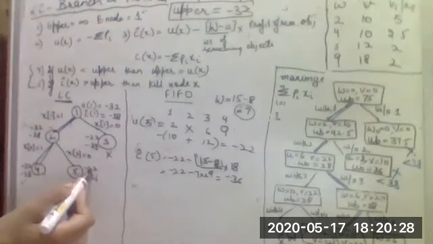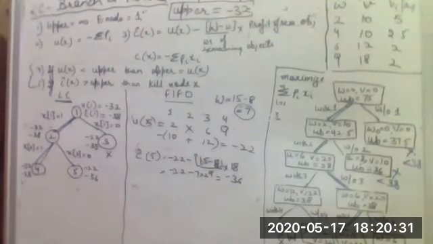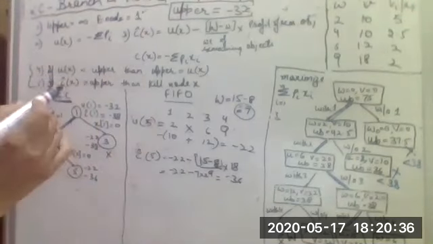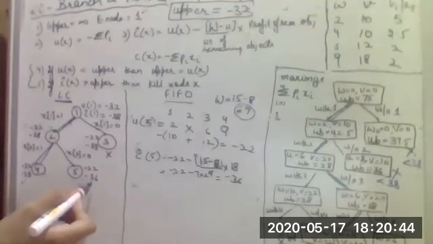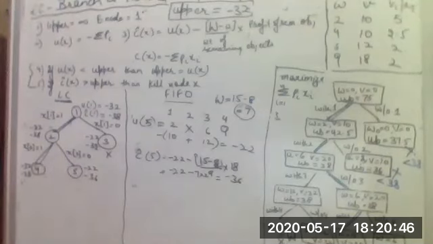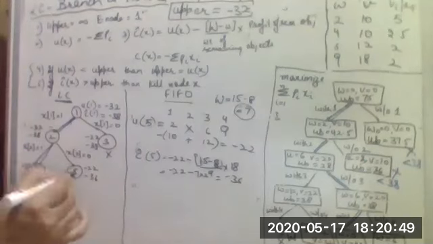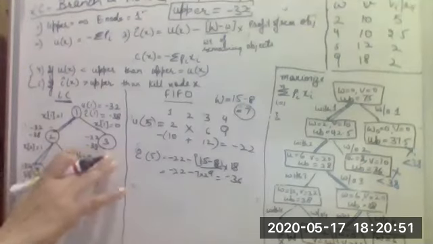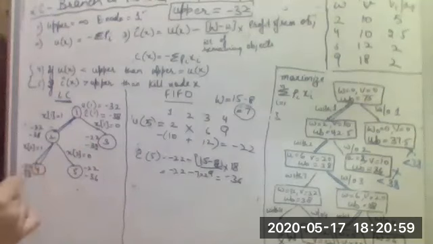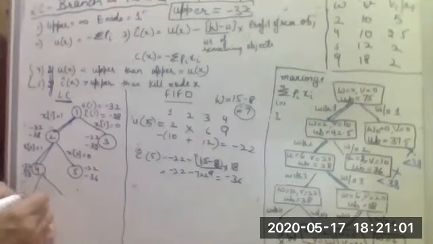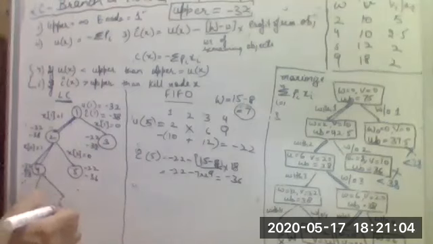Similarly for this one, minus 22 is the upper value, so it is not lesser than the current upper, and it is not going to change the upper value. As for the CX value, is it greater than the upper? No, it is still lesser than minus 32. So this node also will not be killed. So from these two nodes, 4 and 5, which are the active nodes, we will select the node which has a lower upper value. This one has a lower upper value, that is minus 32. So we will generate its sub nodes.